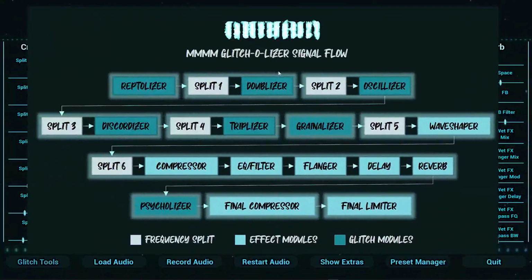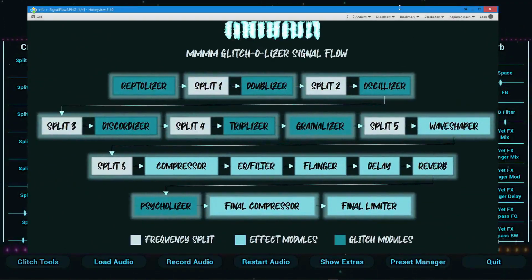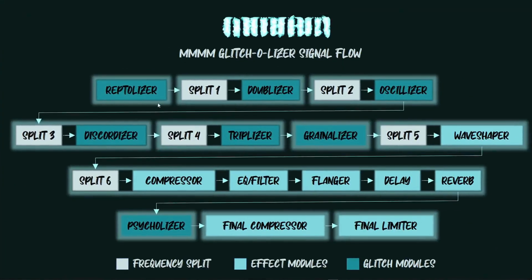Just to show you the signal path or signal flow, everything starts with the Raptolizer, the repeater here, single band. Then it goes through the various multiband glitch effects, Dublizer, Oscillizer, Discordizer, Triplizer, then into the single band Cranializer, then another frequency split, and the wave shaper comes into play, another split, and the rest of the basic simple effects, compressor, multifilter, flanger, delay, reverb, and then another single band glitch effect, the Psycholizer,